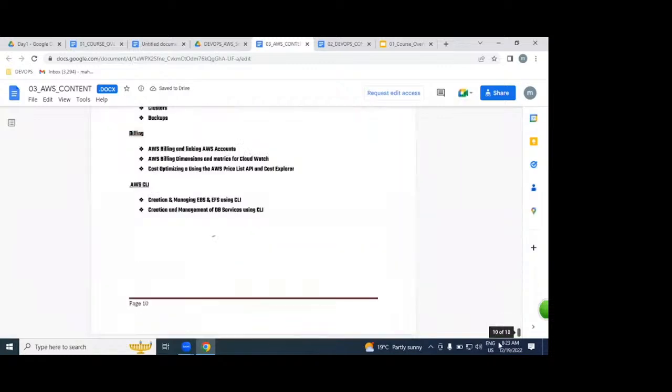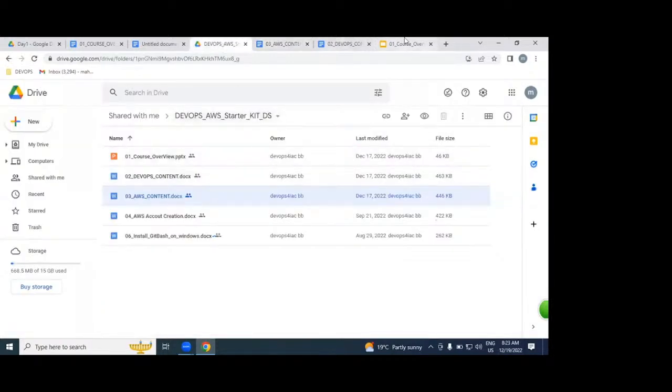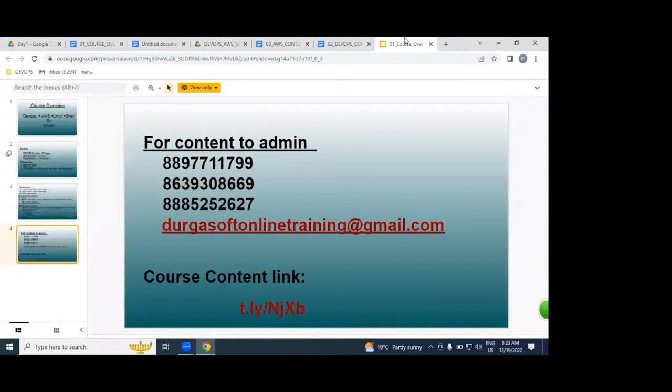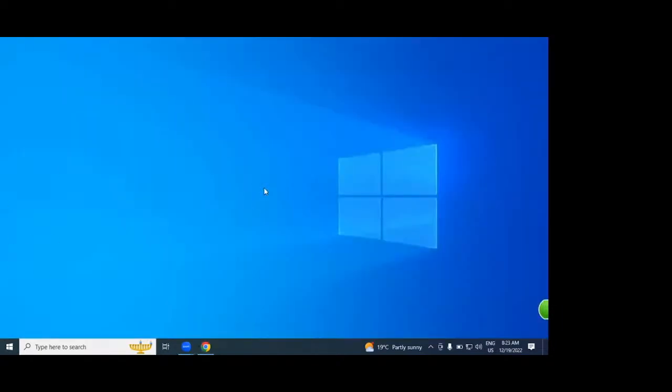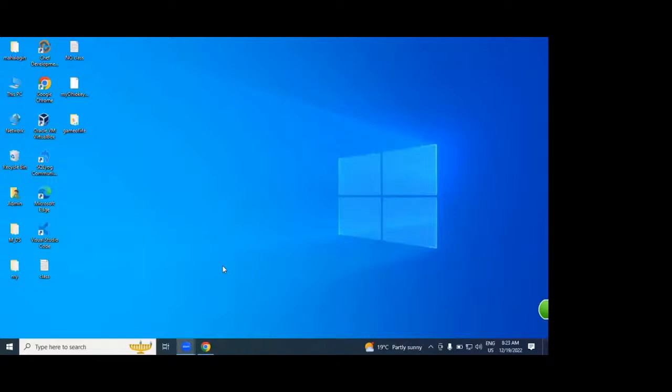After the session, please revise these 2 documents, which cover what we are going to discuss in the 4.5 months. Offline students, by the end of the session you can take it, just ask me and I will share it. Okay, so this is the course overview.